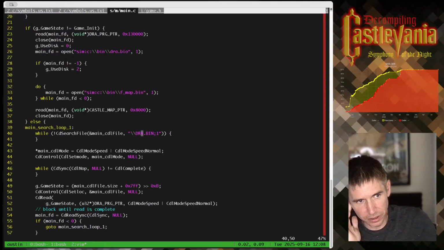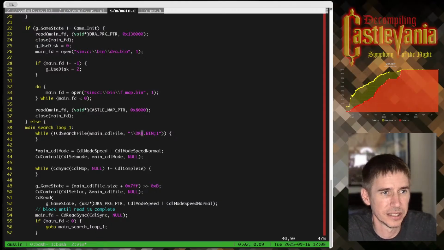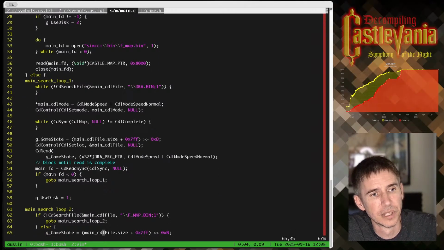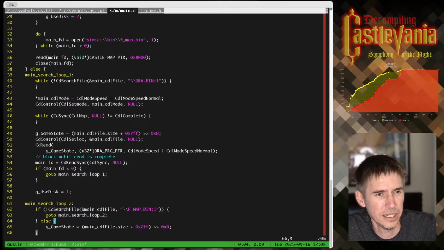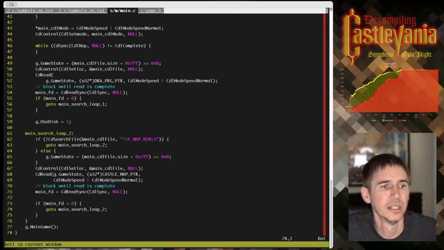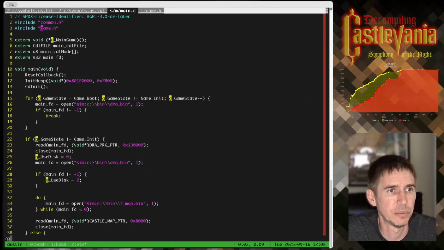And so when this is loaded, basically it is just streamed into memory at the DRA program pointer, which is that AT1000. And then they read a header that has a pointer to the function, and away it goes, this gmain game.